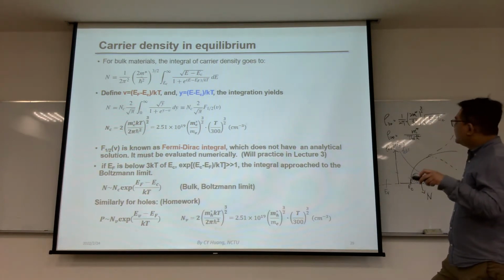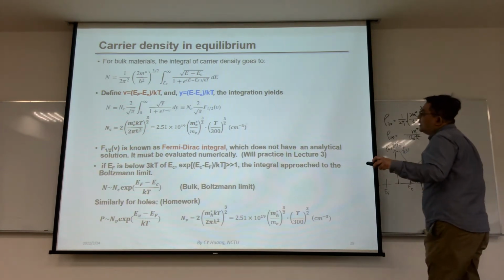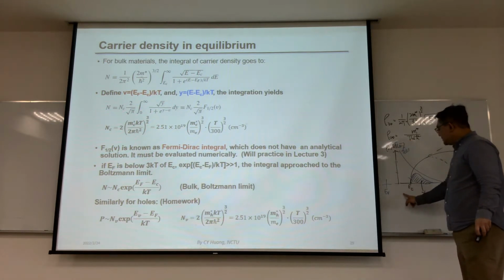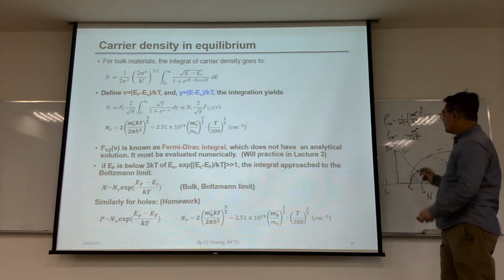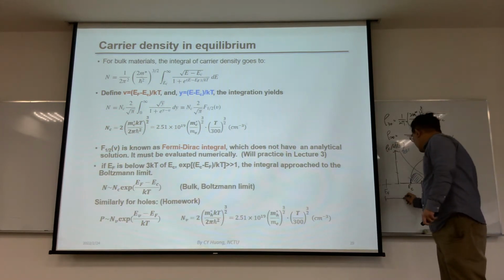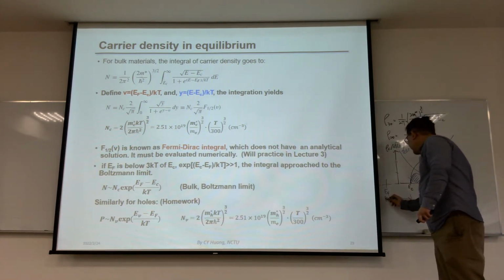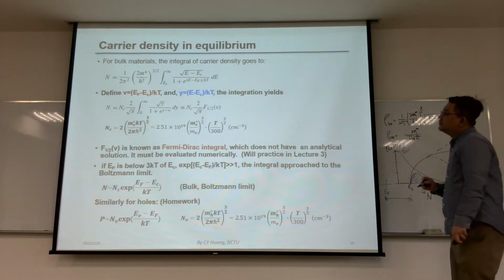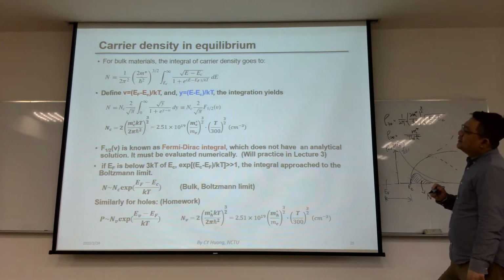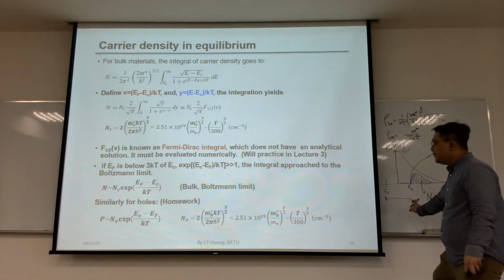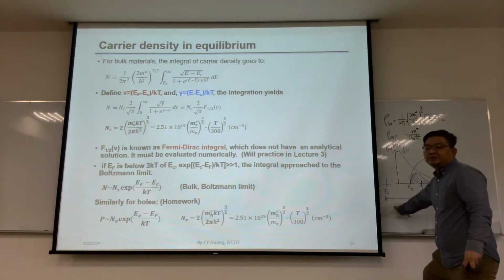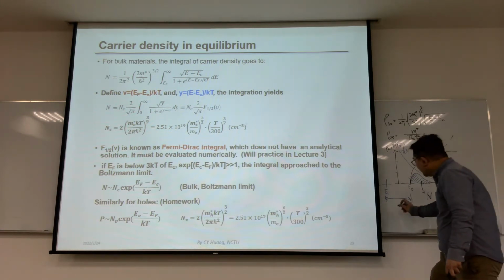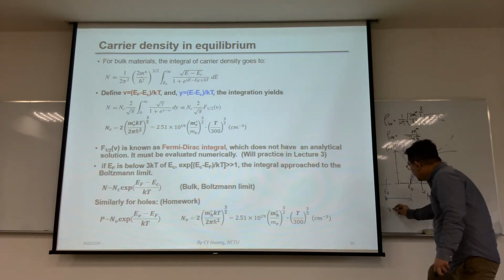One is the distance between EF and EC, so this is the distance here. Let's evaluate this energy as a unit volume. We try to evaluate how large this energy width is in terms of kT. So let this be V is equal to